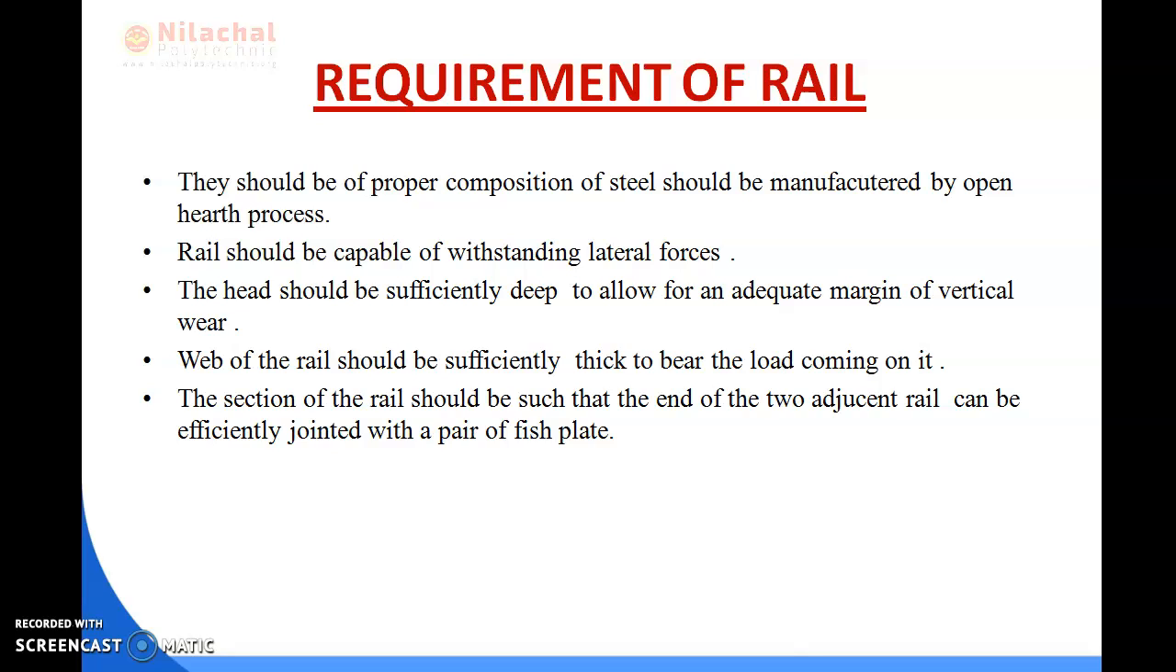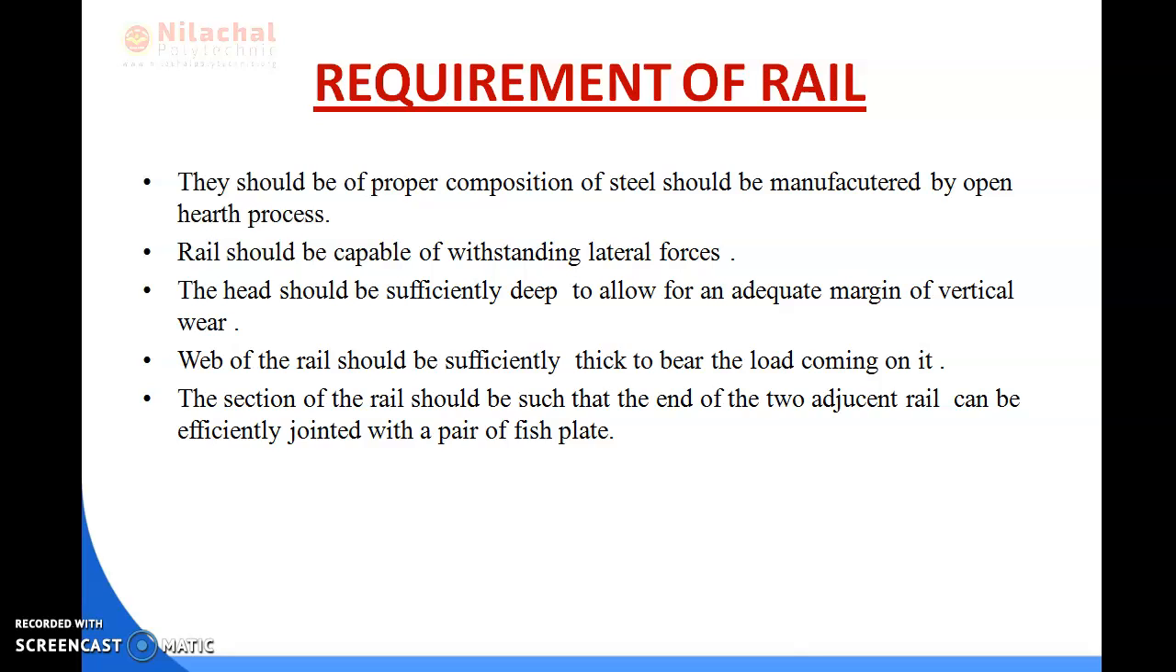Okay, and the center of gravity of the rail section should preferably coincide with the center of the height of the rail, so that the maximum tensile and compressive stresses are nearly equal, and the head of the rail, which is sufficiently thick, should be capable of withstanding vertical wear, and the section of the rail should be such that the end to end adjacent portions can be